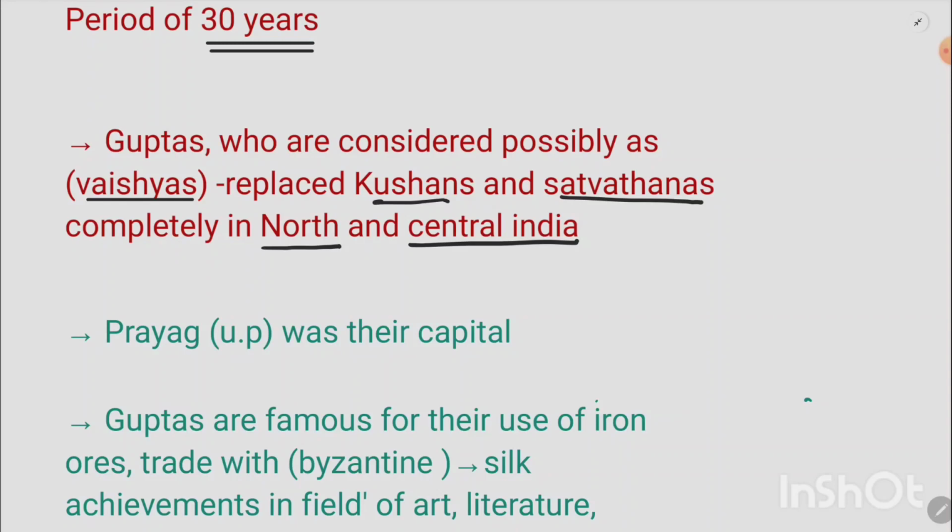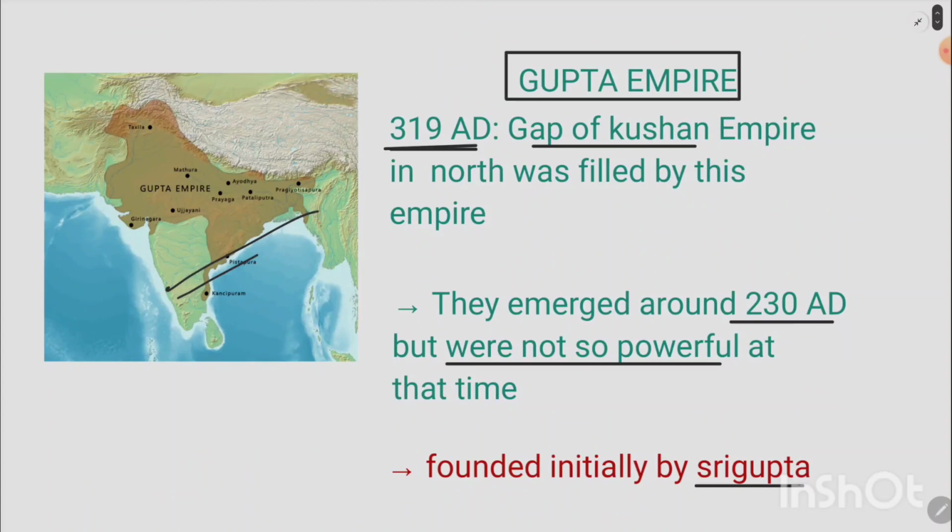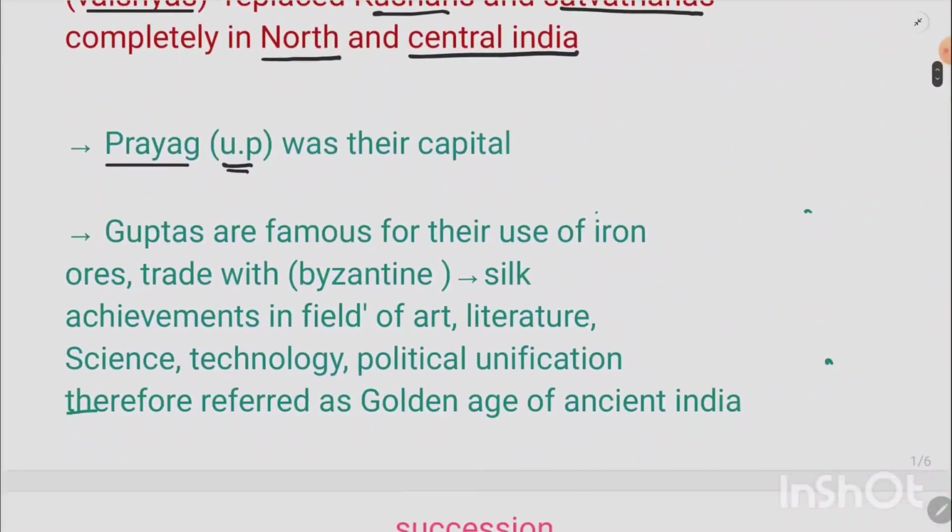Now, what about their capital? What was the capital of the Gupta Empire? It was Prayag. Where is Prayag? It is present-day Uttar Pradesh, and Prayag was their capital. As you can see here, there is this place called Prayag, in present-day UP. So this was their capital. Some of the most important or major areas were Ayodhya, Mathura, Takshila, Girinagar and Patliputra. For example, in the south or Deccan, there was Kanchipuram. So these were the important sites. I hope you understood this.